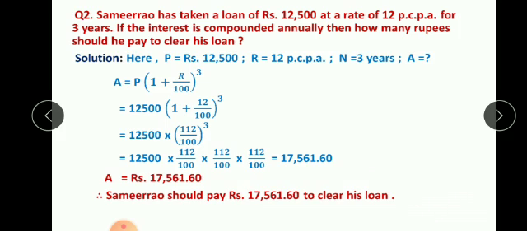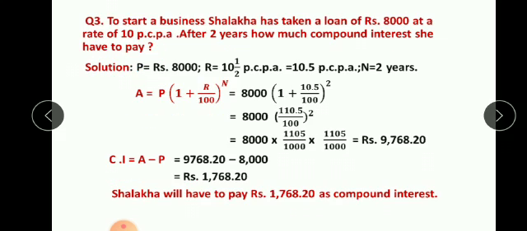Okay, question 2 is also over. Now, let us see question number 3. To start a business, Shalakha has taken a loan of rupees 8,000 at a rate of 10.5% per annum. After 2 years, how much compound interest she has to pay? So what is given in the question? Principal is given as rupees 8,000 and R is given as